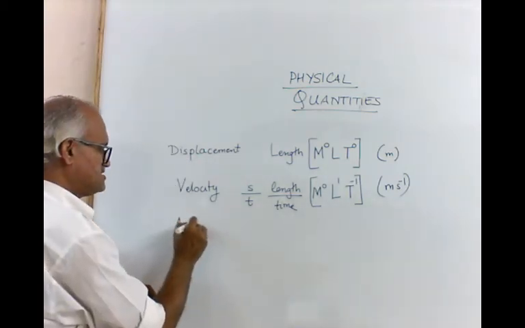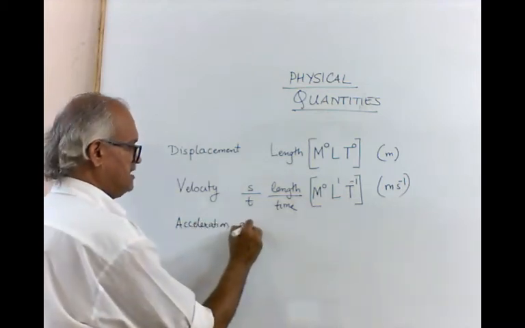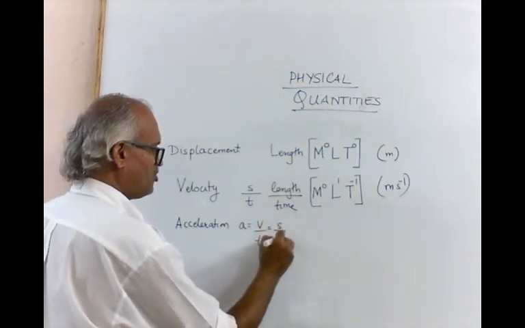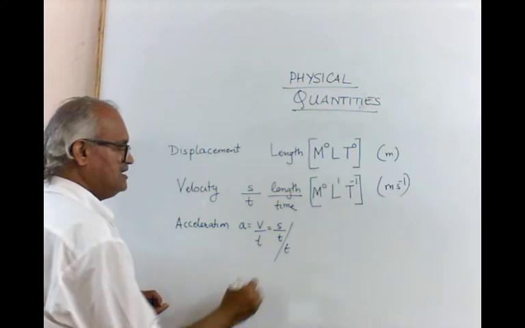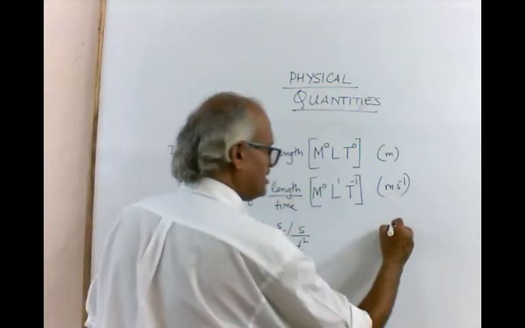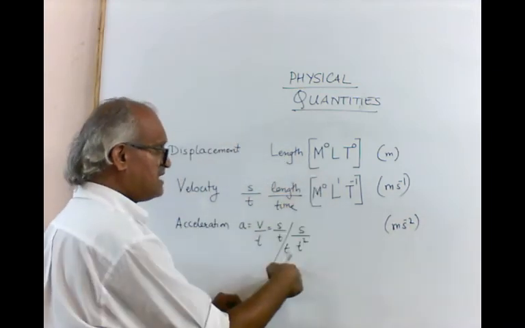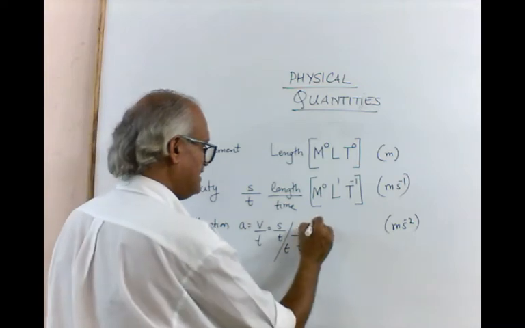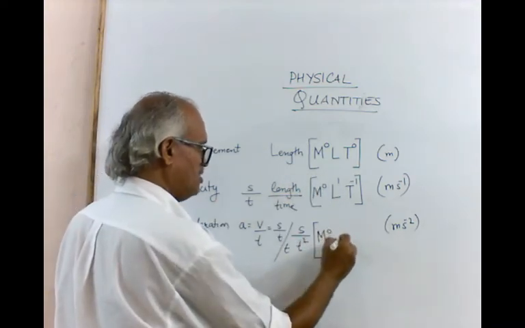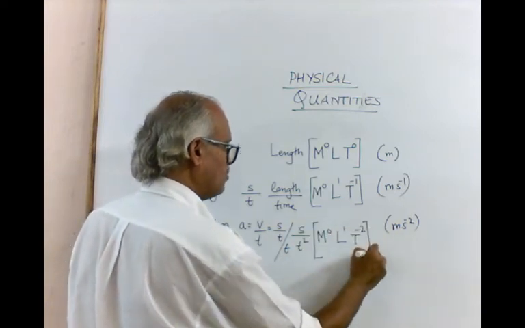अब रेट ऑफ चेंज ऑफ वेलोसिटी इज एक्सेलरेशन। सो नेक्स्ट स्टेप में हम लिखते हैं एक्सेलरेशन। Acceleration A is velocity upon time, so it is in a way s upon t, all of it upon t, so it is in a way s upon t square, and so the unit becomes meter per second square. अब इसके बेसिस पे इसके डायमेंशंस क्या आएंगे, मास इसमें अभी भी नहीं है, तो m0 l1 t -2।